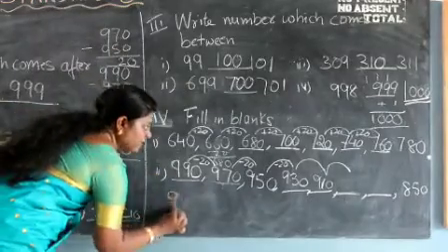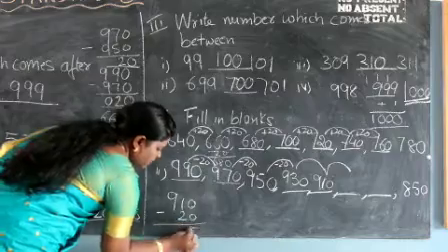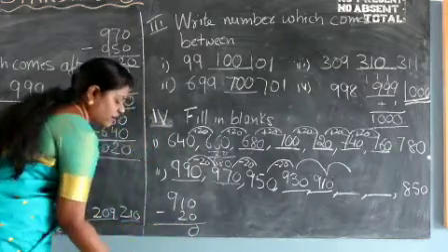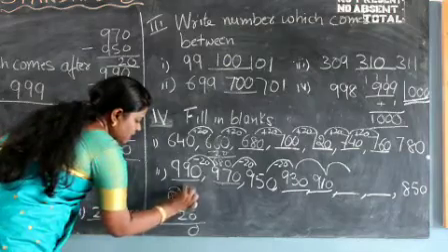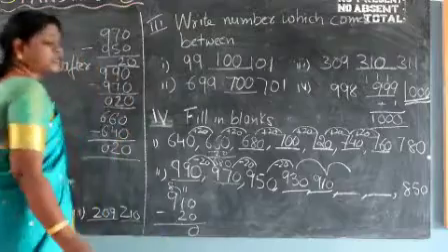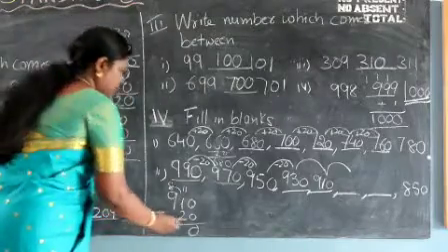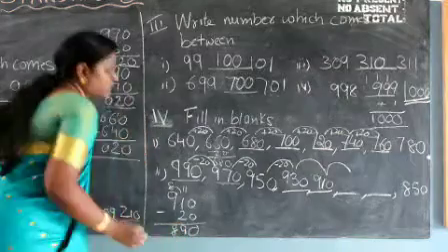So 910 minus 20. 0 minus 0 is 0, but 1 you cannot subtract 2 from 1. So you are going to borrow. This becomes 11 and this number becomes 8. 11 minus 2 is how much, children? 11 minus 2 is nothing but 9, and this 9 becomes 8. So it is going to be